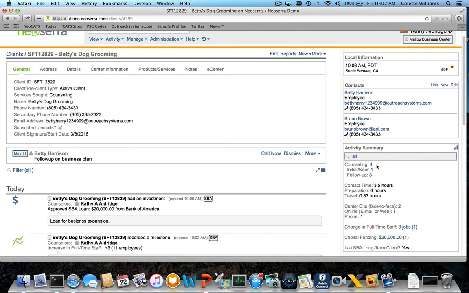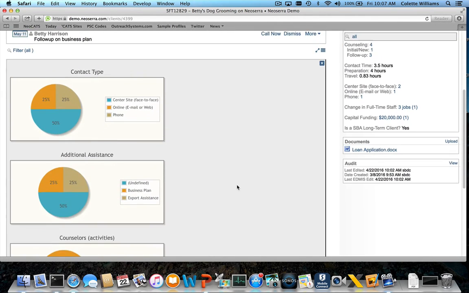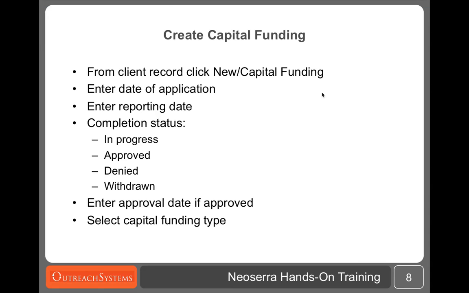So we see that this client has been counseled 4 times, 1 initial session, 3 follow-up. We see total time, we see capital funding, we see everything there is to know about this client in a summary format, and we can even look at the data in a graphical format if that is appropriate. All right,